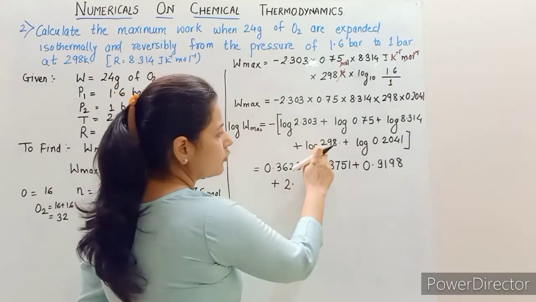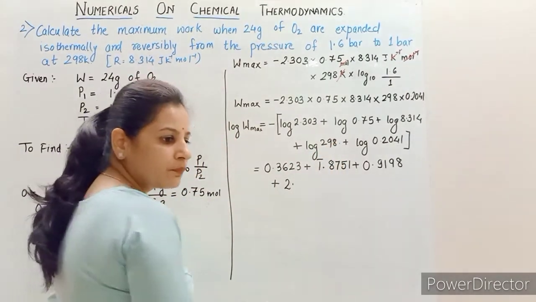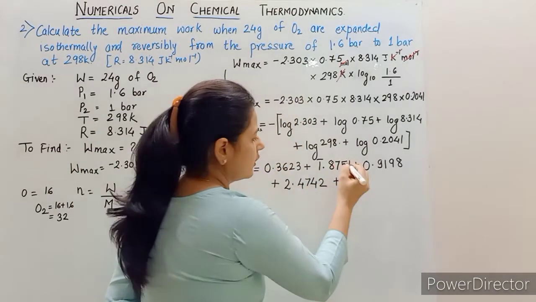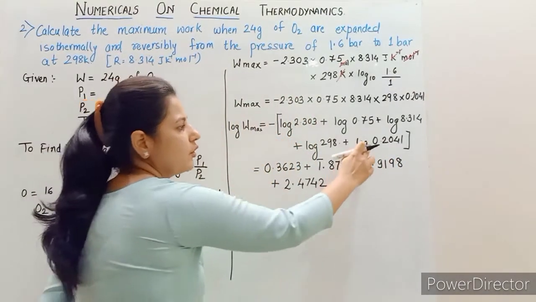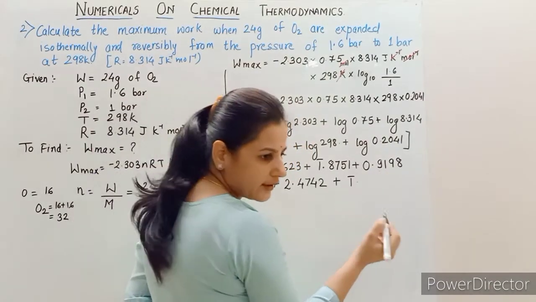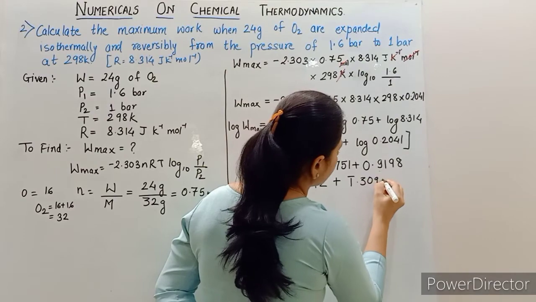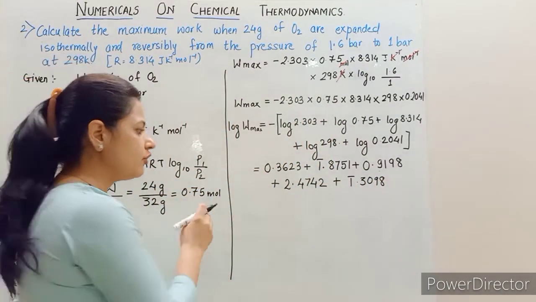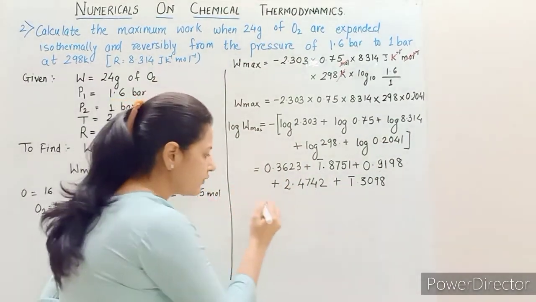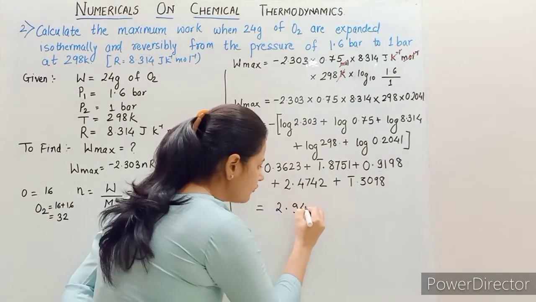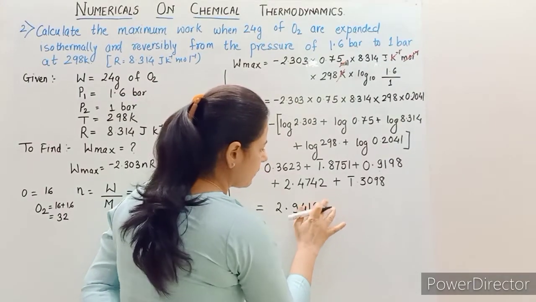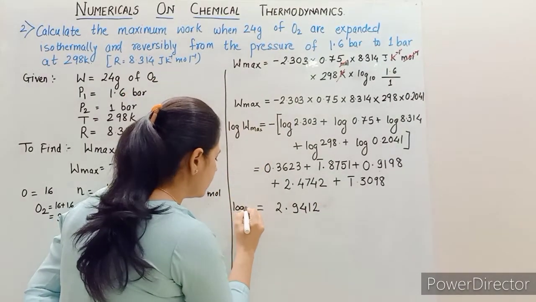We are going to see the log of 29. In that we are going to see the 8th row. So 4742 plus again here it will be bar 1 because 0 minus 1 is -1. What do we see for 98? That comes out to be 3098. Okay, now we are just going to add them up. All of these we will add and find out the answer. The answer will come out to be 0.9412. Okay, this much. This will come out to be the answer for the log of Wmax.